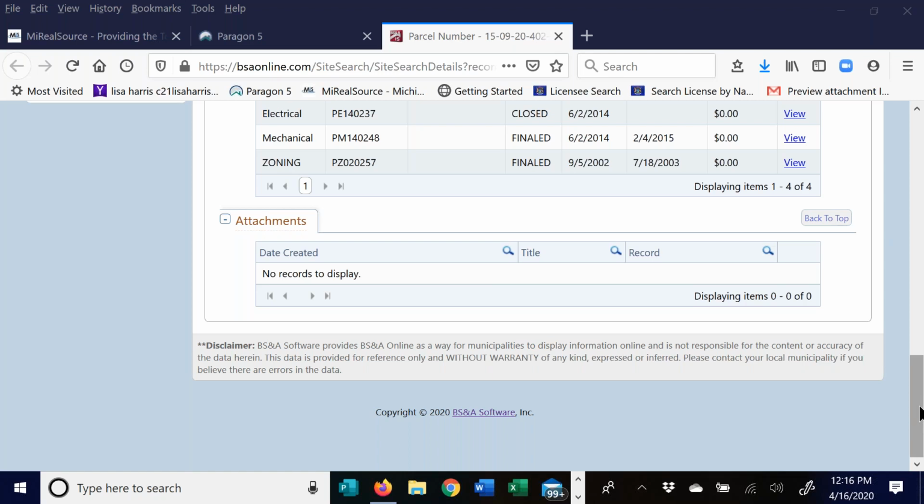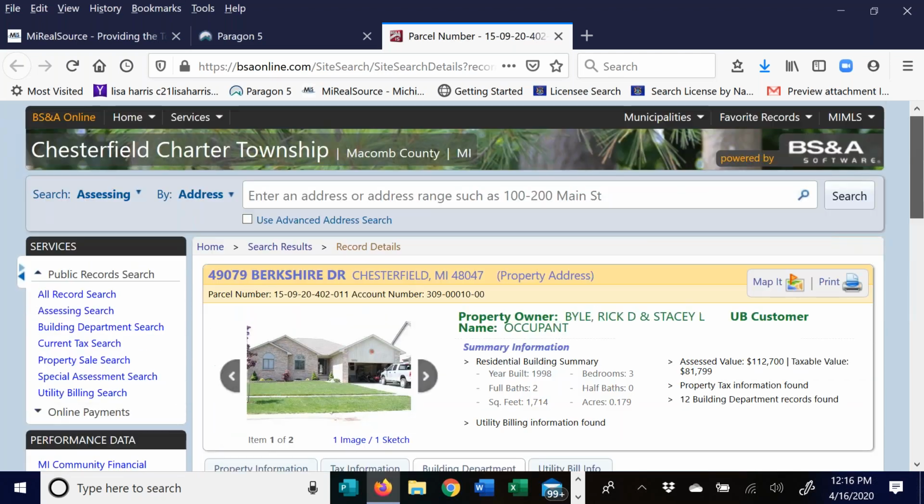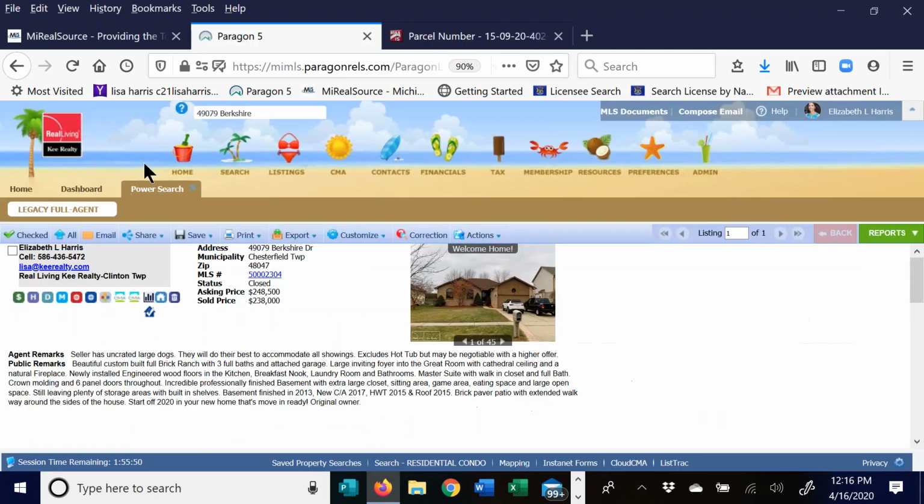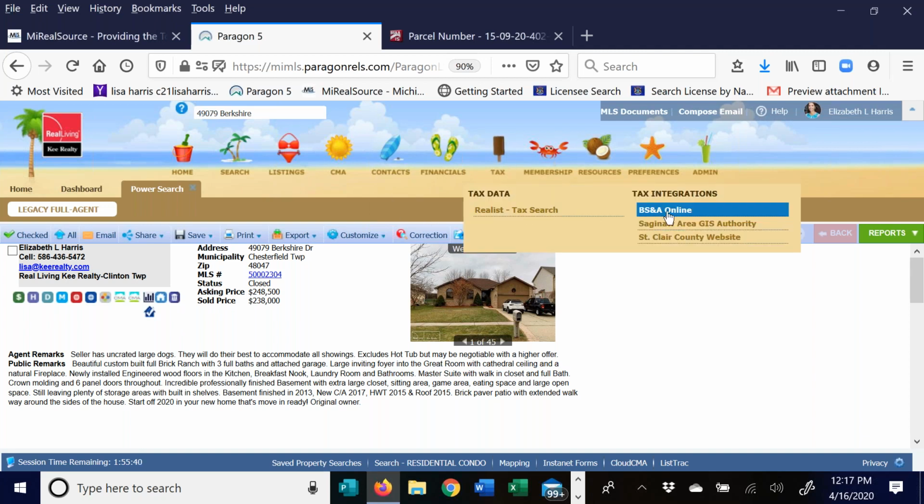Okay, so that is your BS&A. So two ways to get here. I can go in from Paragon, go directly from the listing itself, and select this link. Now, if you don't find the link and you still need to get in there and find information, you can go up to text, over to BS&A online,